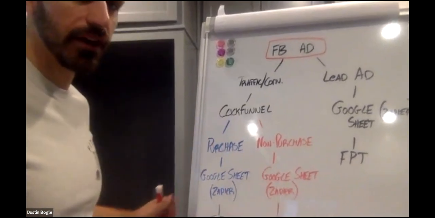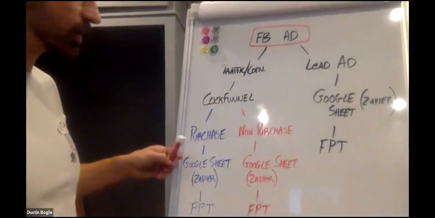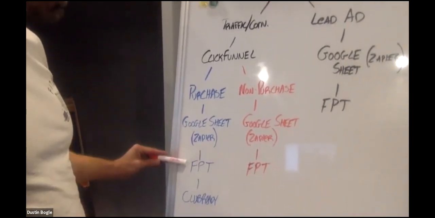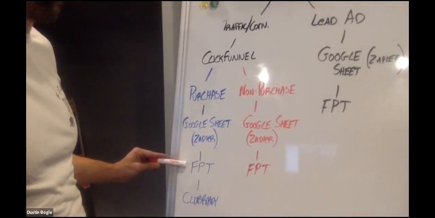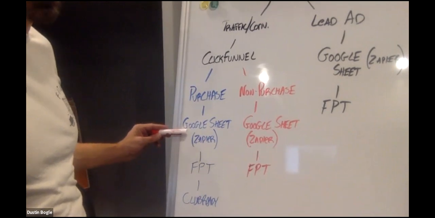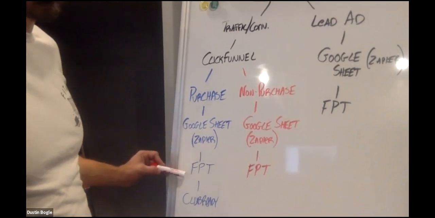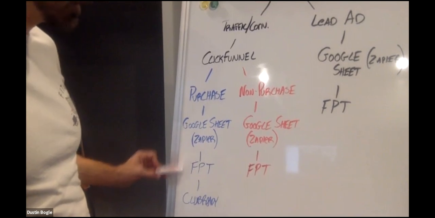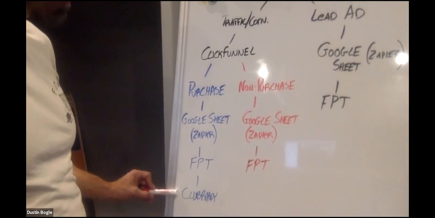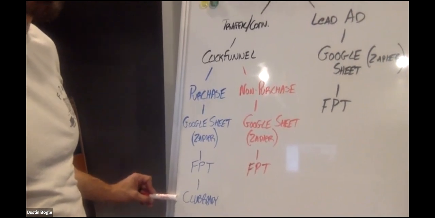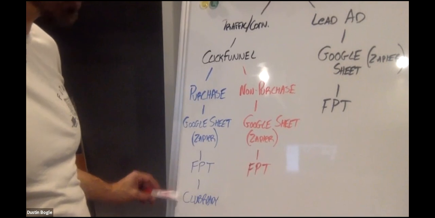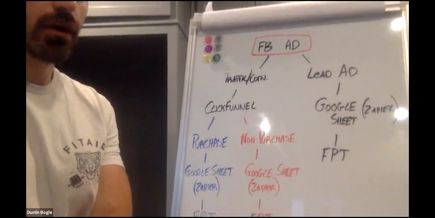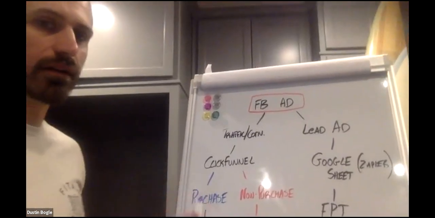So let's go through the happy scenario. They purchase, all right? So that's the blue here. They purchase, then still they go into your Google Sheet and FitPro Tracker, but maybe you color code them differently. Maybe you color code them green if they're a purchase. And then in FPT, you color code them as a 6-week challenge person. And then they go into your Club Ready automatically because the integration shows Club Ready on the second page, the embedded checkout form. So that would be the breakdown between the two.